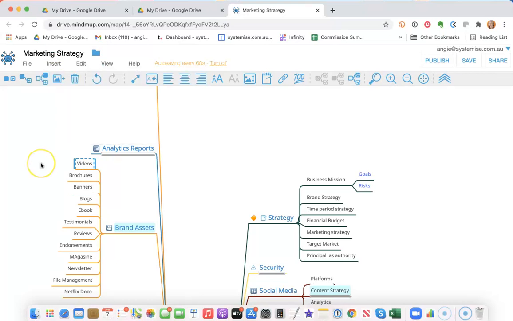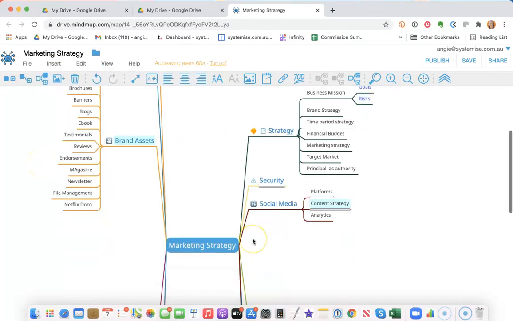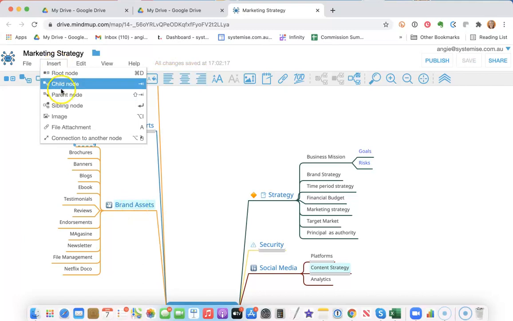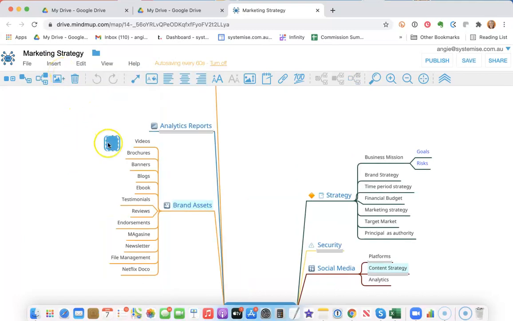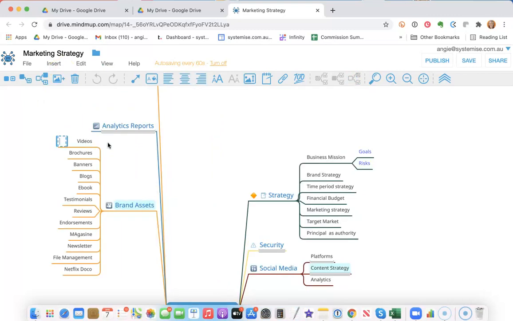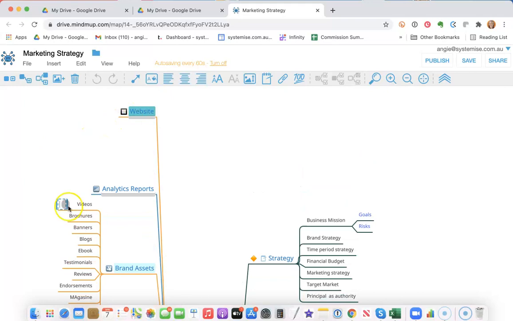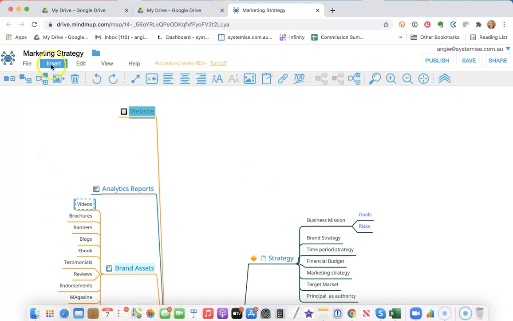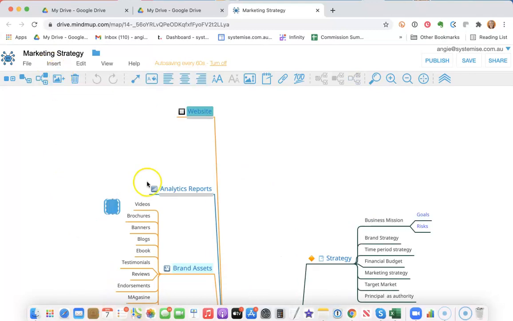If you wanted to give an index of colors, for example, where I've got different colors represented here, which could represent the different people that are in charge of that particular function, you can insert a new parent node, a new root node, and then you can indicate what it is that you want the new root node to document. So I'll insert a new root node, and I can say index,